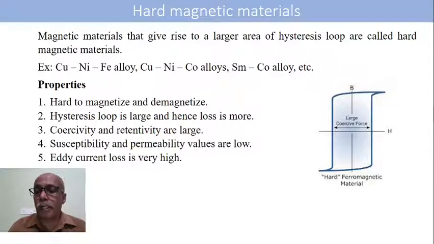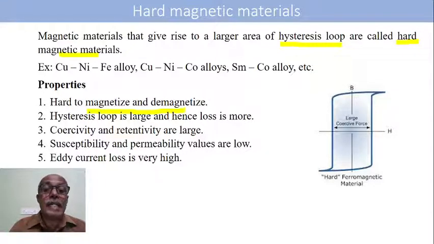These are the magnetic materials whose hysteresis loop is large. The area of hysteresis loop is large. In other words, the loss of energy due to magnetization and demagnetization is large. Examples for hard magnetic materials are copper nickel iron alloy, copper nickel cobalt alloy, samarium cobalt alloy, etc. So coming to the properties of hard magnetic materials, the magnetization and demagnetization of the specimen